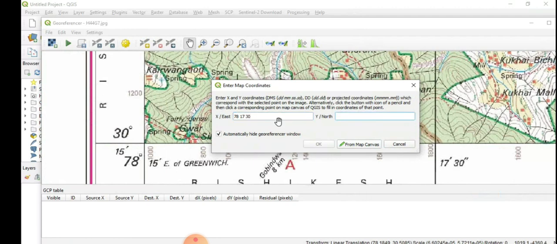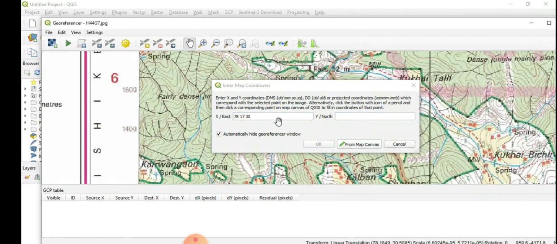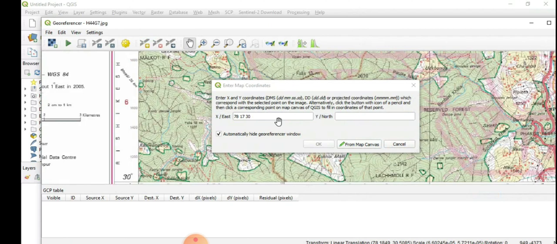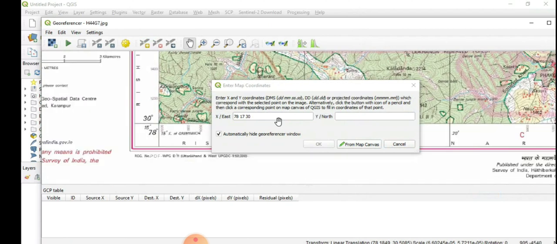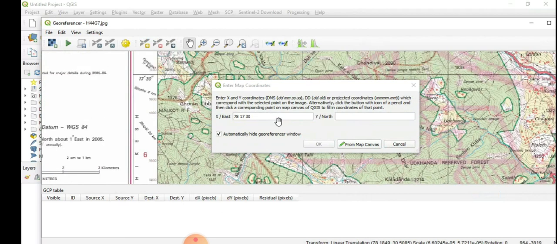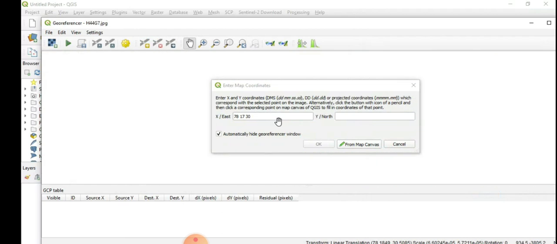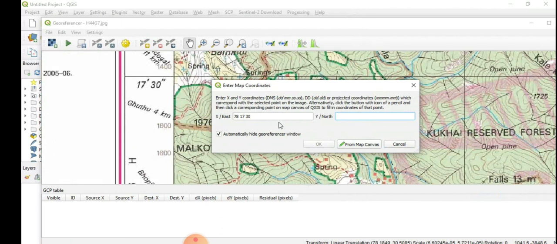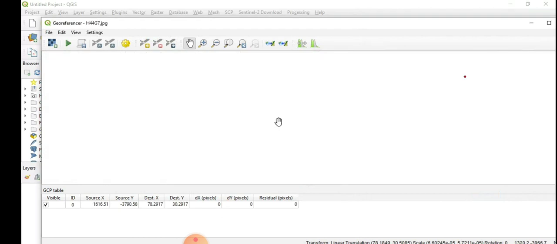Similarly for the north coordinate, again zoom out. You can see this is 30 degrees and this is 17 minutes 30 seconds. So 30, 17 and 30. Click OK.